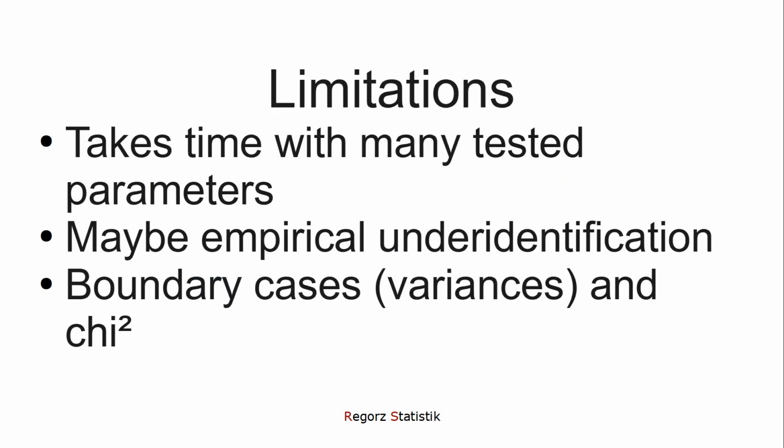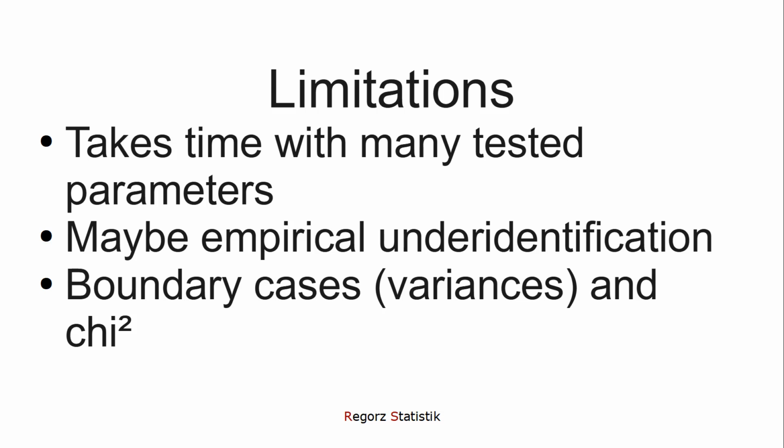There are some limitations to this approach. First, of course, it takes time. If you have many tested parameters, you have for each parameter to compare two models. One unconstrained model with one model where this specific parameter is constrained to 0. A second limitation, you could run into empirical under-identification, and in theory you could have a problem with boundary cases